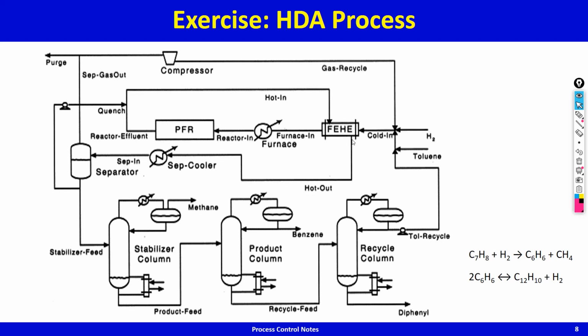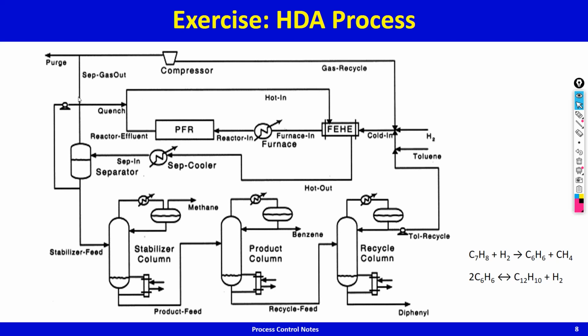This quenched stream preheats the cold feed, cools itself, and then it is further cooled to, I don't know, maybe 40 degrees Celsius, because you would like to condense everything. Whatever can be condensed should be condensed. However, hydrogen can't be condensed, methane can't be condensed, so you will have gas leaving here. Whatever can't be condensed will leave. And by the way, the reaction chemistry is such that methane is getting formed. So methane will have to have a way out. So this is the way out for the methane.